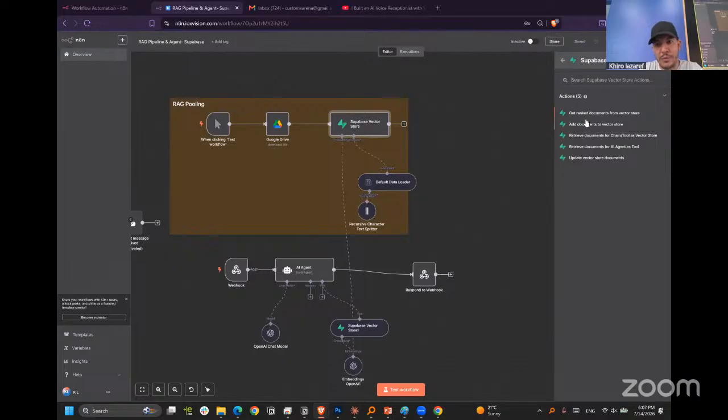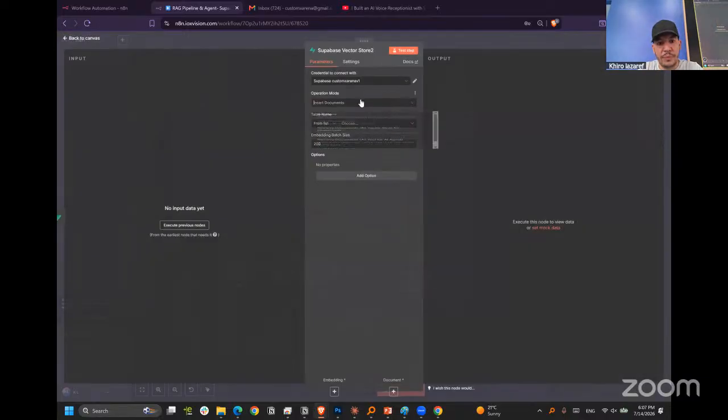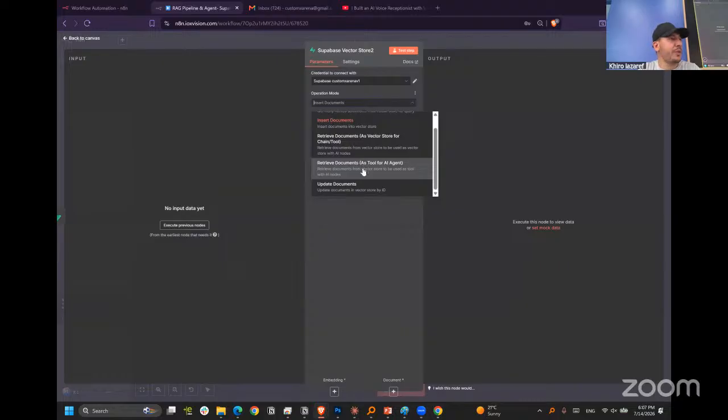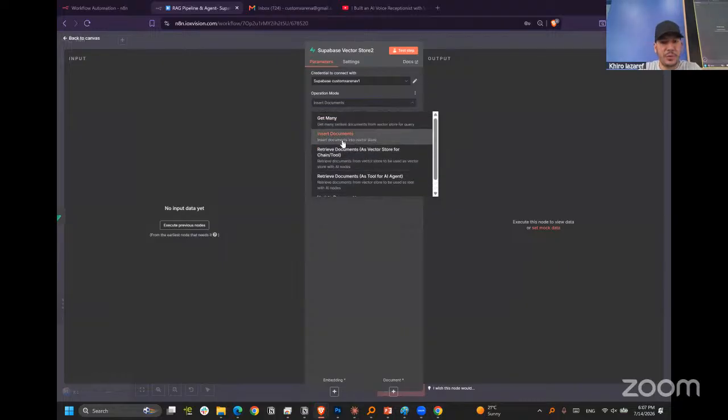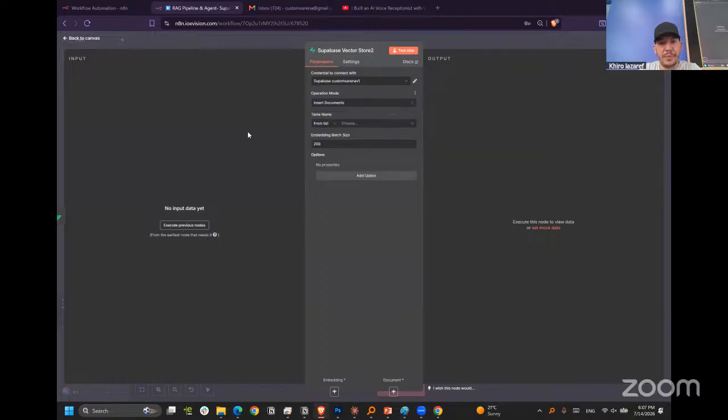Two options. You can select any one, but you can set it over there. I will show it to you. For example, add a document to a vector store. And you can change the operation from here and it becomes another node. So what you will do, insert a document. Then